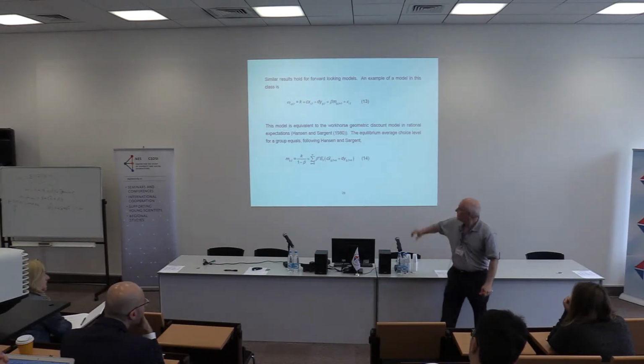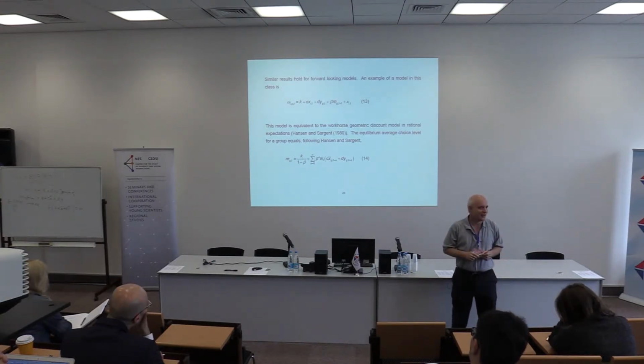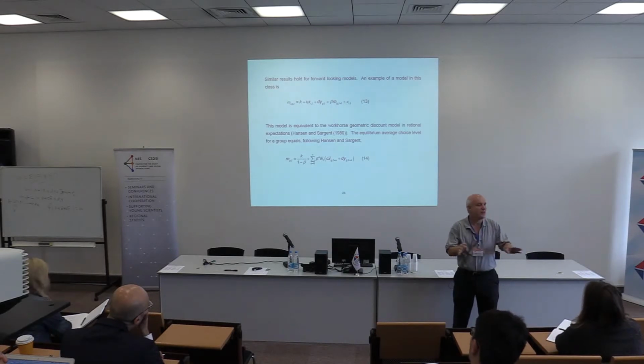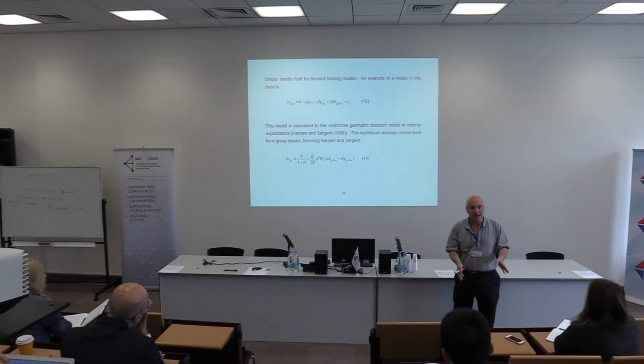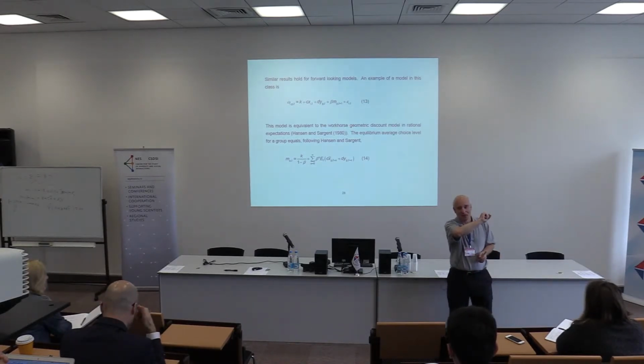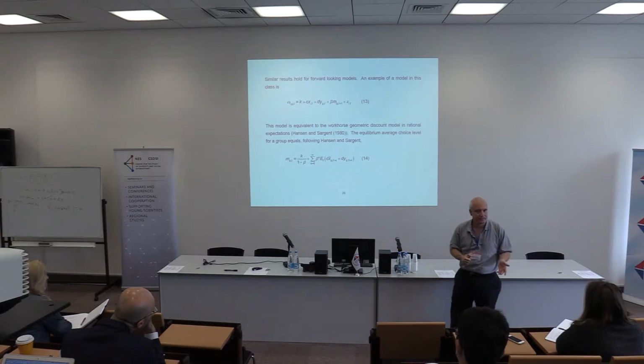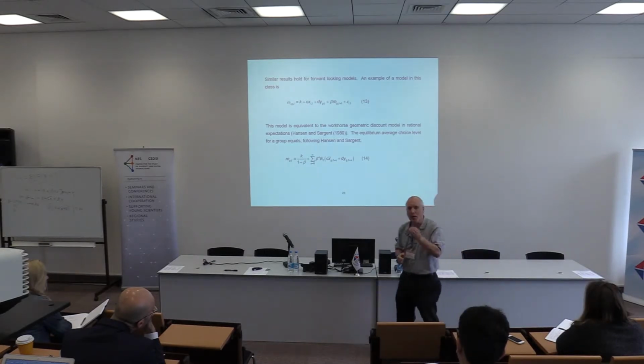So, focusing on this equation 13, does everyone see that that is almost exactly the same model that I've analyzed already? Had there been no notion of time, I've already given you the conditions for identification. They come down to the change in the dimension of the space when I go from the linear combinations of x and y to linear combinations of x, y, and m. My question is, in this model, what happens with identification?